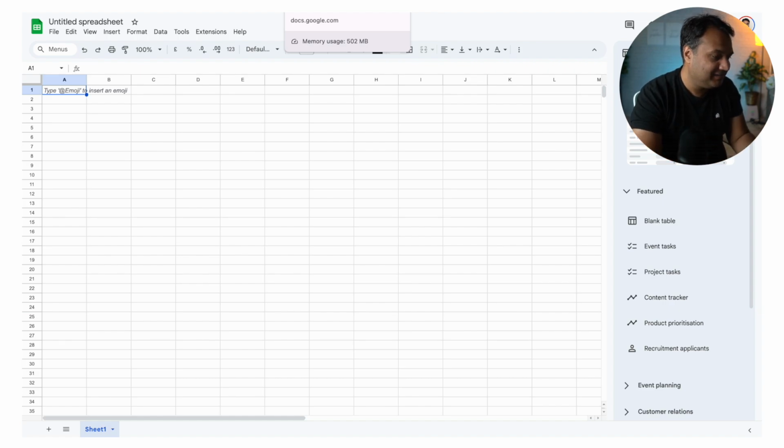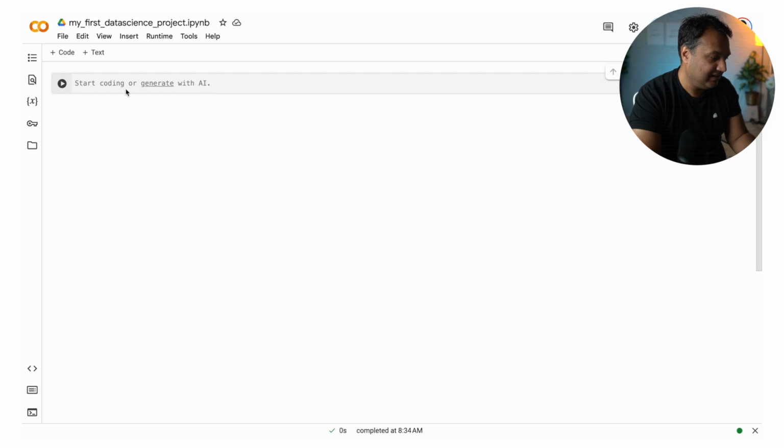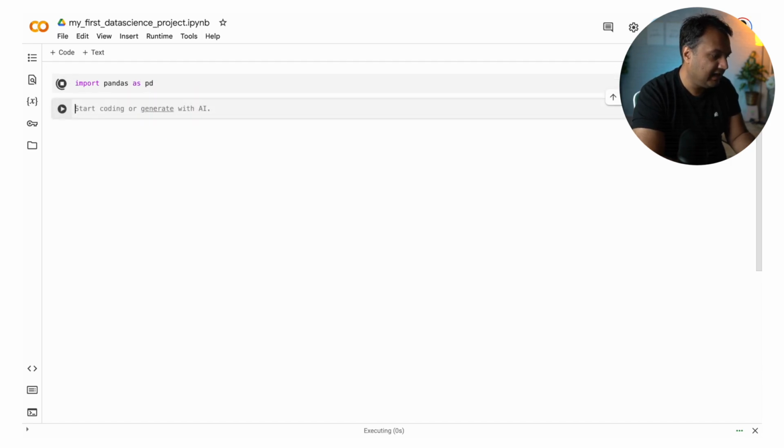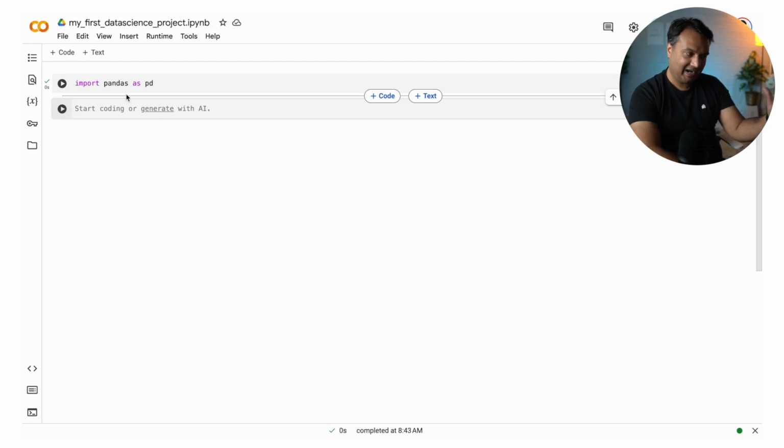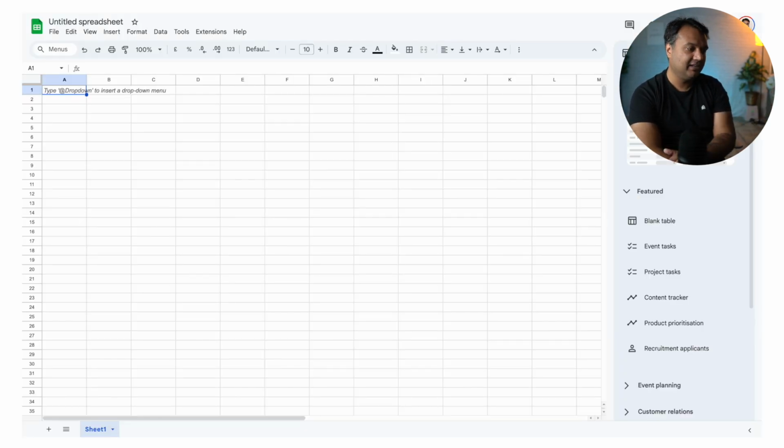So this is Excel, and here let's import Pandas as PD. Now what is this code doing? I just made Pandas a little bit shorter so that later on when I'm addressing it, I don't have to write the whole word Pandas. It's just a convenience, and it's very conventional when it comes to Pandas. People a lot of times address it as PD. So now I have PD, the Pandas data frame here, and we have Excel here.